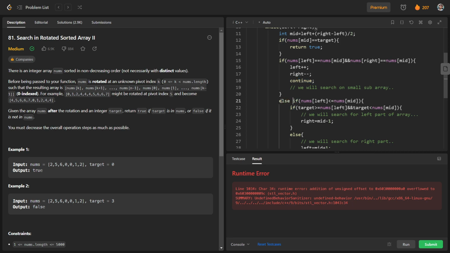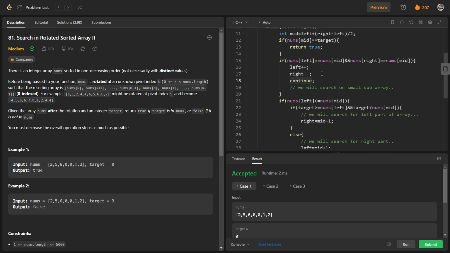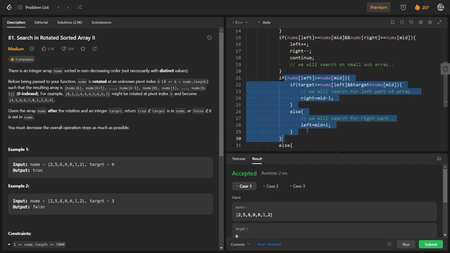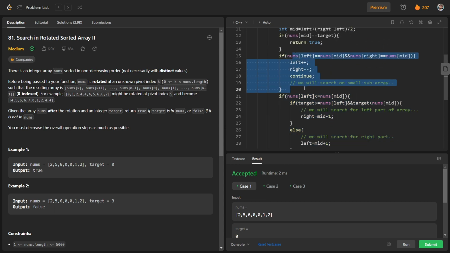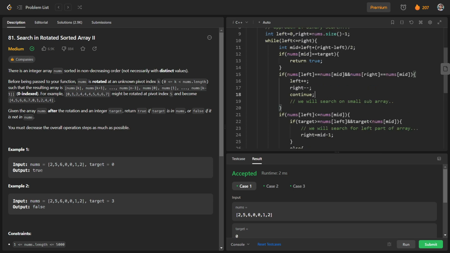Both are the same. So let us run the code again. I have written continue here because we are not going to run on these cases, and that's why we have to write continue to update the value of left and right.